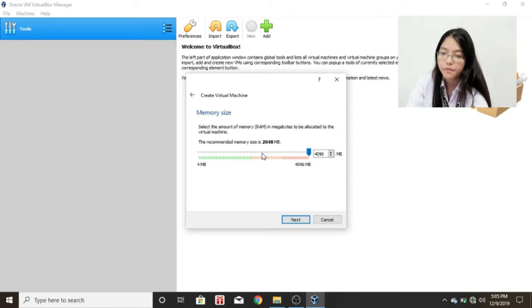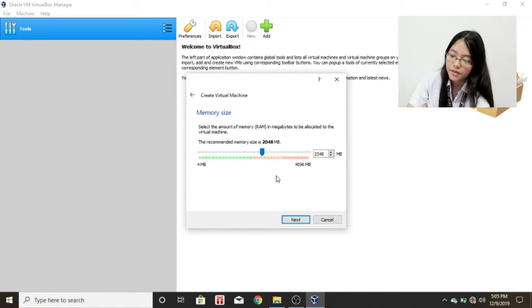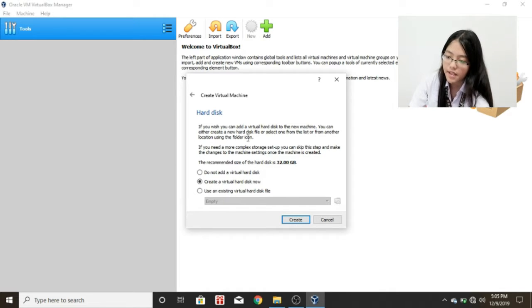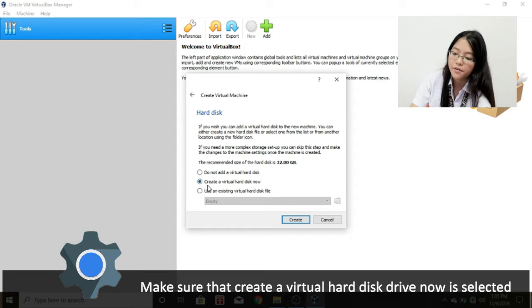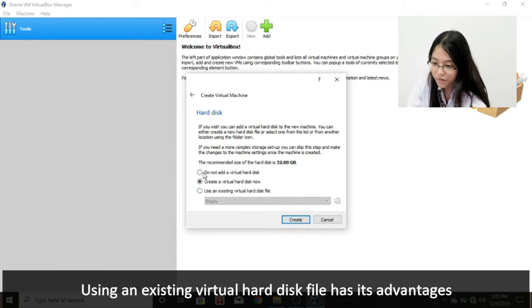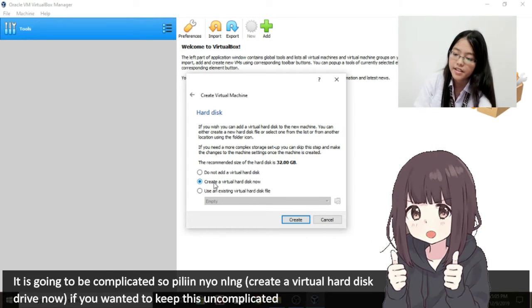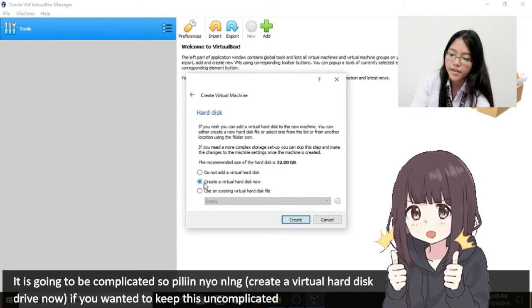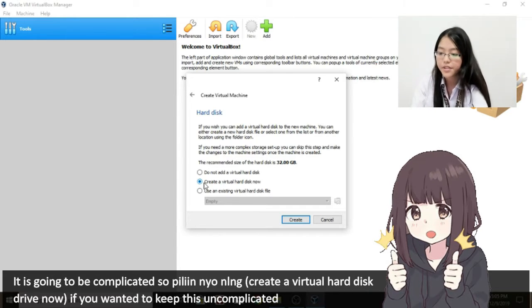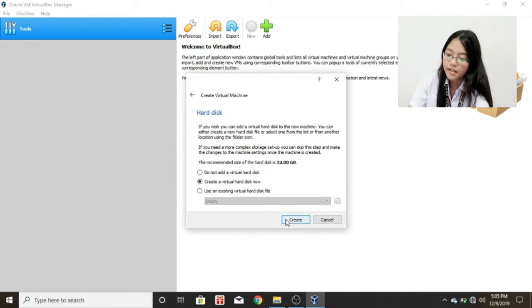So I should probably go here in the middle. I'm gonna click next, and the next step is the hard disk. You can click here Create a virtual hard disk now. Optionally, you can choose Do not add a virtual hard disk, or Use an existing virtual hard disk if you already have one for your work. If you're new to VirtualBox, then click the middle option, Create a virtual hard disk now. Click create,